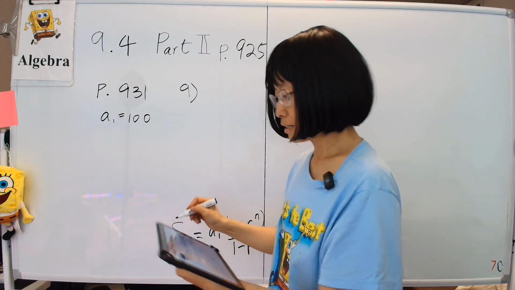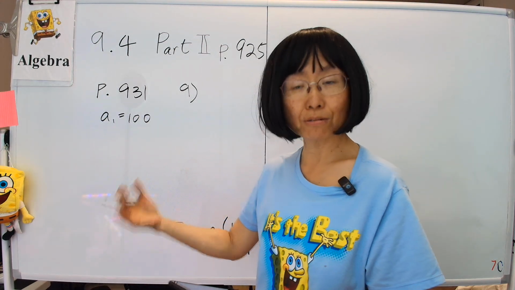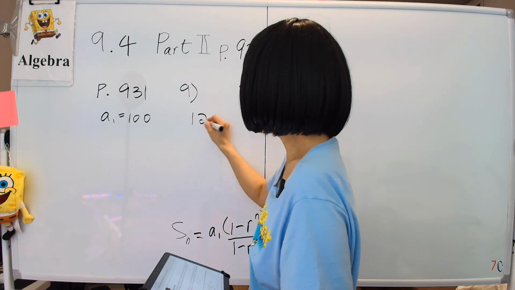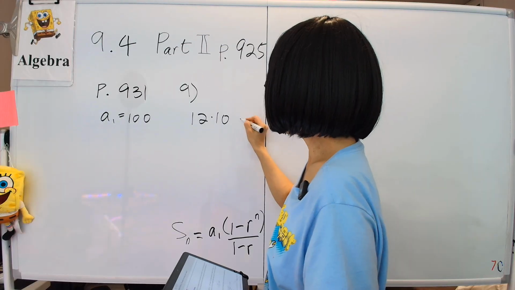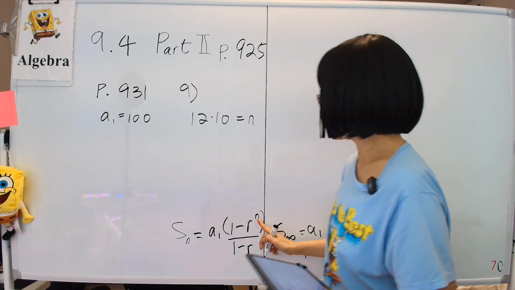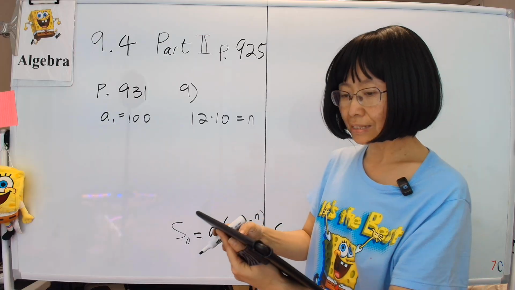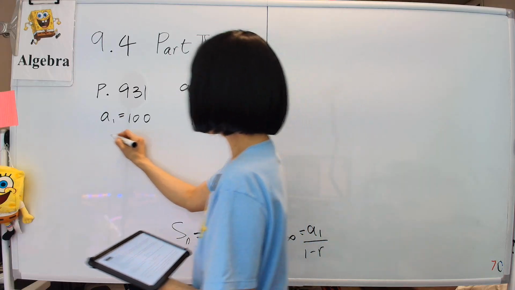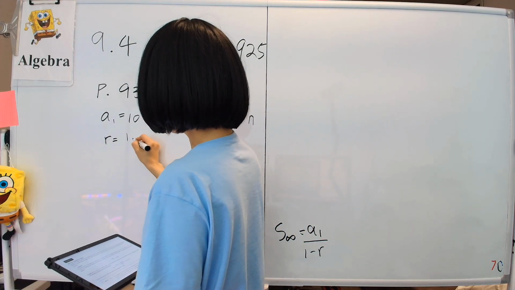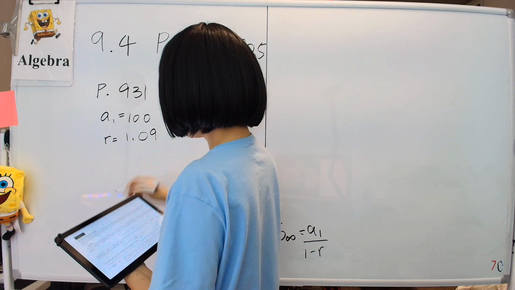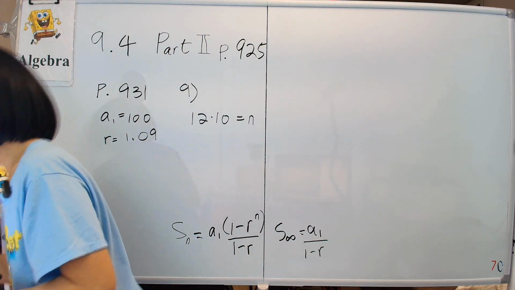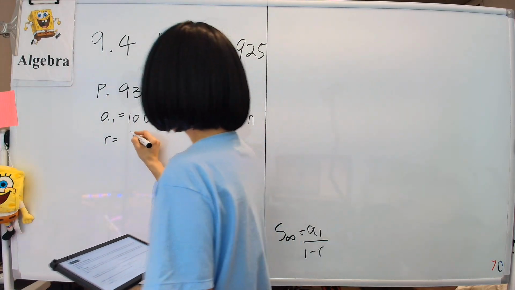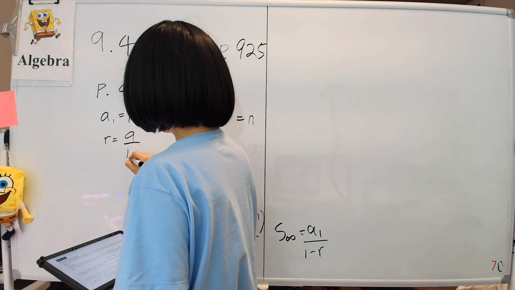And then N is counted in terms of months because the money is paid every month. And 10 years is 12 times 10 months. So this will be equal to N in the formula, because N counts the number of months. And then R is the interest rate per month. So R is equal to the annual interest rate... No, sorry. The interest rate is 9%, divided by 12. So we'll take 9 divided by 12, and then